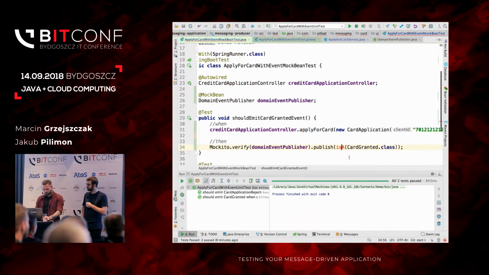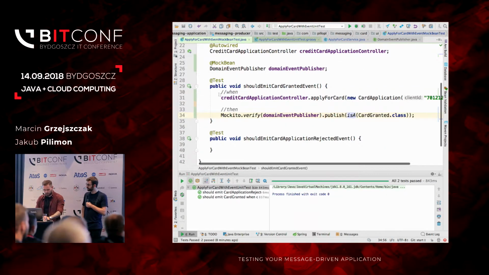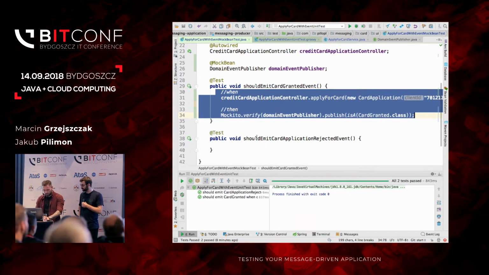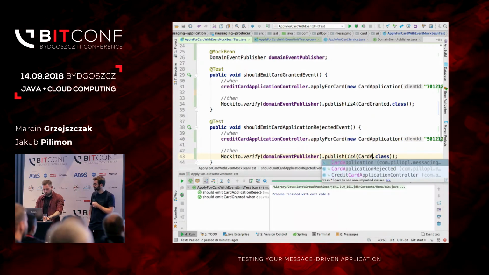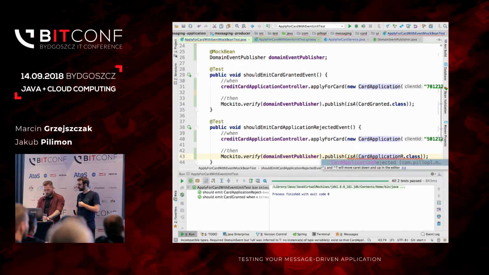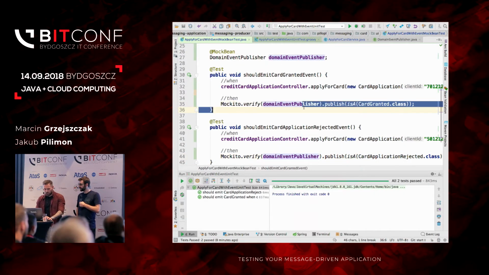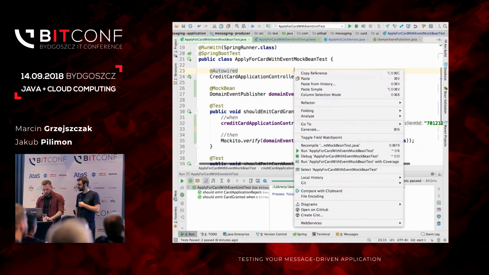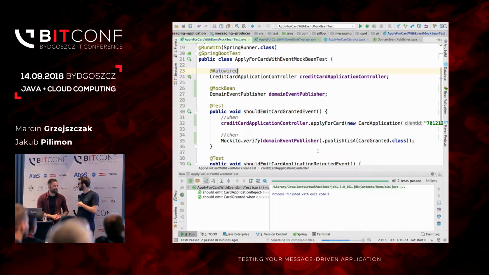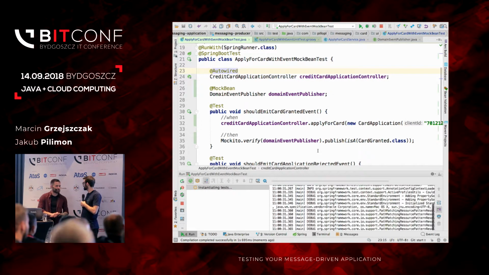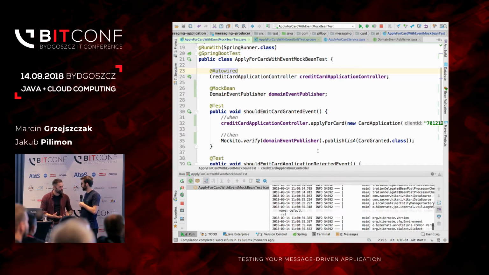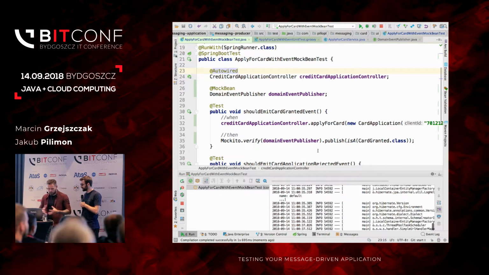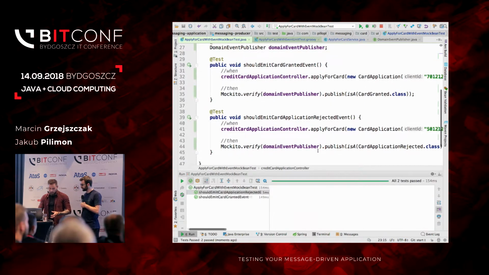Let's import this. Yeah. How about the second guy? We can copy paste again. Change the way we apply for a card for the 50s, and we are expecting card application rejected. Simple as this. Right? If I run this test, will it fail? No, it has to pass, and let's go to production. It should pass. Yes, right? Of course. And if it passes, that means we have both unit tests and integration tests, we can go to production. Of course, if it's green. That's what we pay you for, man. I think it's not going to be green, but it's green, cool.